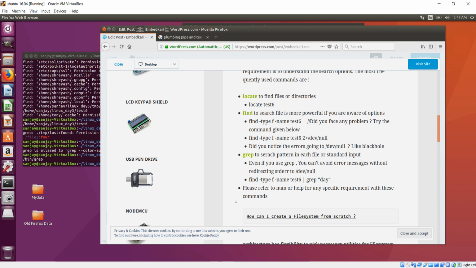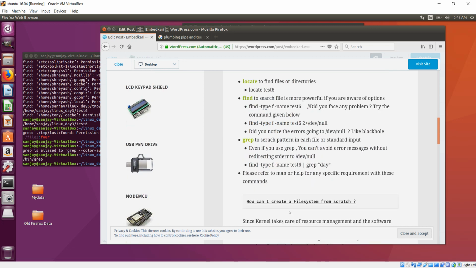If you want a very compact system, then you may want to pick your files yourself. So that is very much possible. For that, what we need to do is create a file system from scratch. How to do that? Let's first